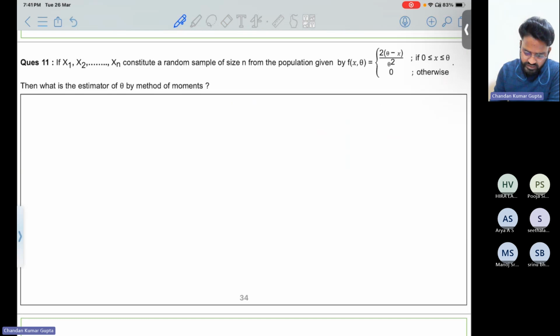Now, the 11th question is, if x1, x2 up to xn constitute a random sample of size n from a population given by this, then what is the estimator of theta by the method of moments? Again, so here,